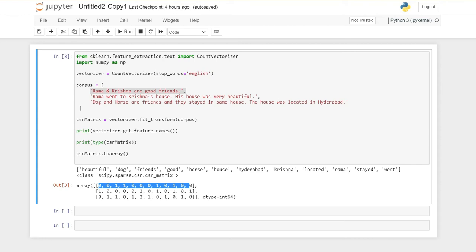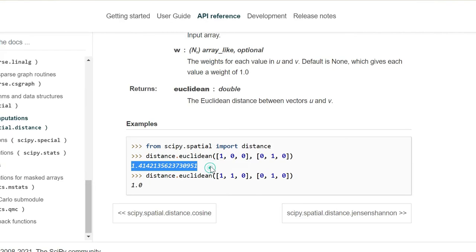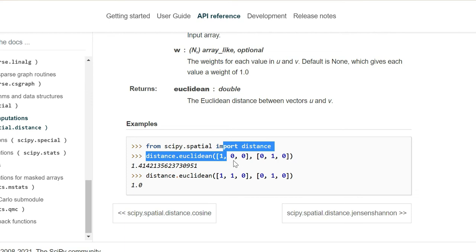So we are going to take this CSR matrix, and we need to extract these points out of it. The question is, how do we extract the first point out of this entire matrix, and the second point separately, so that we can pass them to the function, like point 1 and point 2, and then calculate the distance?